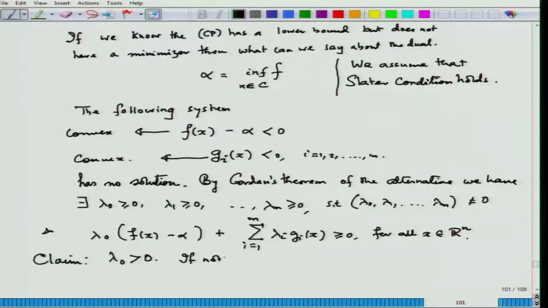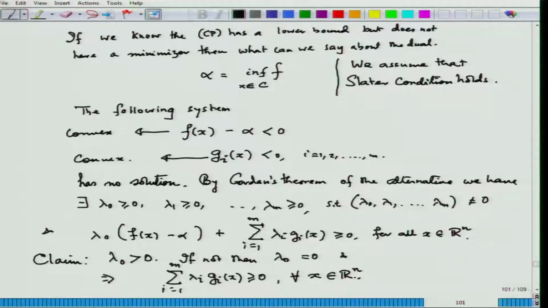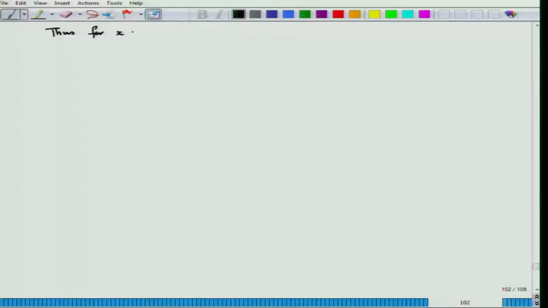If not, then lambda naught is 0, and this would imply that this expression is now greater than or equal to 0, this expression vanishing because you put lambda naught equal to 0. Now, this expression holds for all x, because it had been true for all x. In particular it is true for the x hat for which every g_i of x hat is satisfied with a strict inequality. Thus, for x equal to x hat,